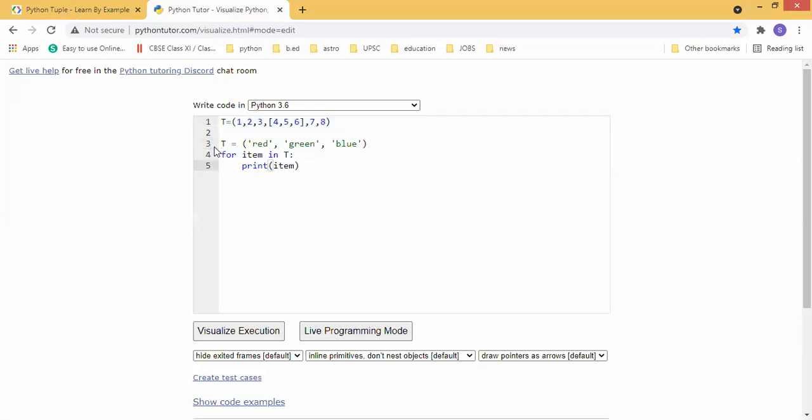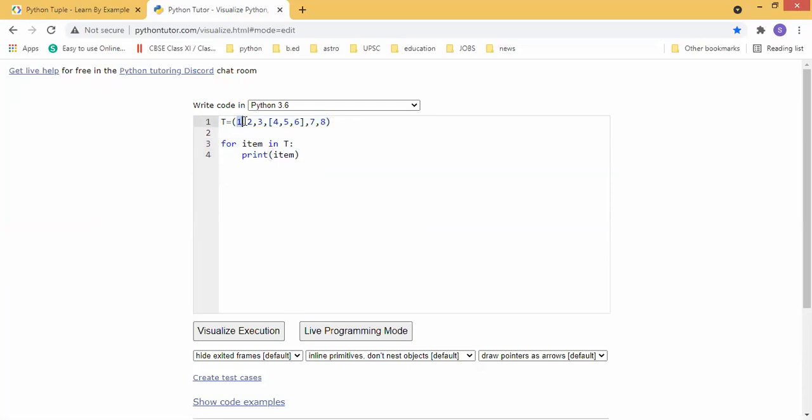Okay, so see here, for example, this is the tuple. The previous example I already used it now. By using a for loop, for item in t, where t is a tuple, this entire tuple will come here, and by using the for loop we can process every item, every item in every loop. It will continue up to the last item.